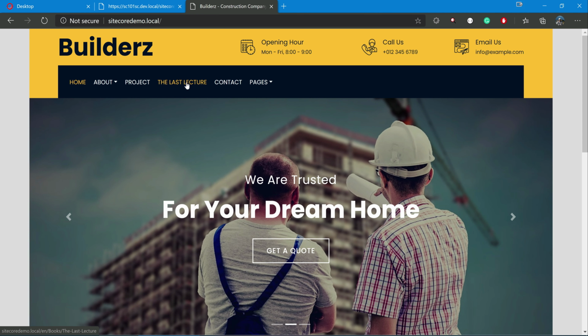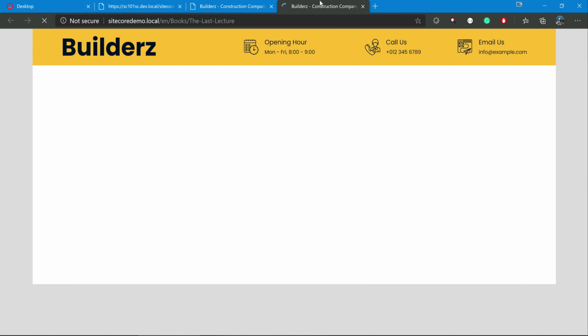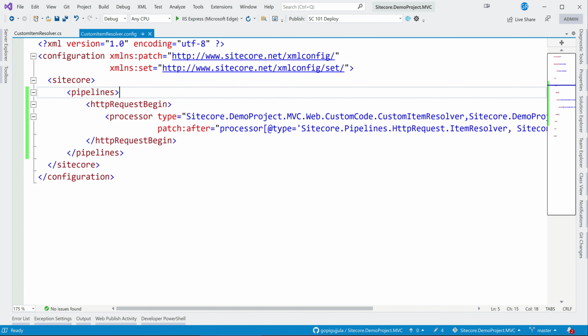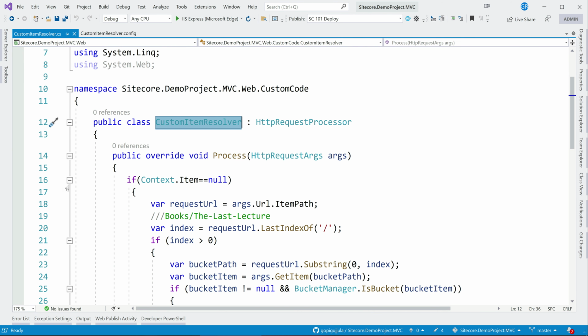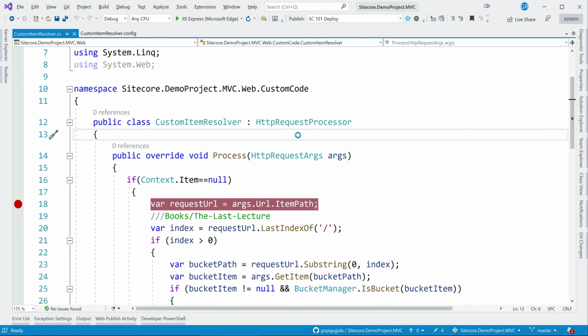Now let me just right click and open this. Previously it was failing because the document not found. Let's see. Okay, now it has worked. Obviously you can't tell much here because all the books have only basic layout, header and footer, all the static one. As I said, I have not created any book related component, but let's verify with the debug. So I'll just put the debug here, or I'll just put not equal to null. Otherwise it will be a little difficult, every time it will hit.